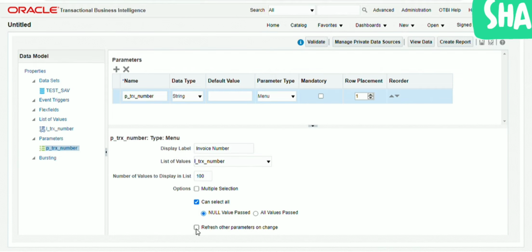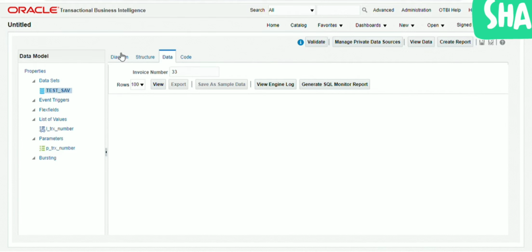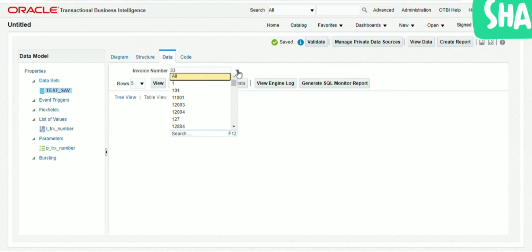And if we have multiple parameters, after choosing this parameter, it will refresh the screen data and it will go to the next parameter. So let's consider this one, and then I'll tell you there would be a bug, an issue will occur, and we will get to know how to resolve it. So I have passed null, go to the test data, again we have to refresh it. Yeah, so the LOV has been prepared.